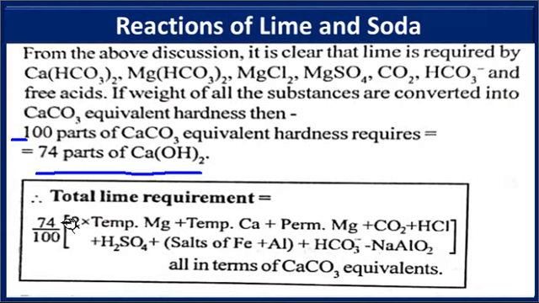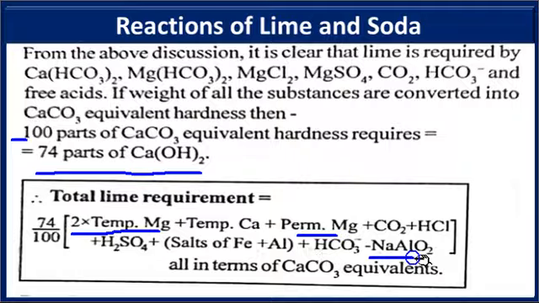In this way we can calculate the total lime requirement for the softening of this water sample. So 74 by 100, bracket, 2 into temporary magnesium hardness. Why 2 into temporary magnesium hardness? Because we saw in the chemical reactions that 2 moles of magnesium bicarbonate require 2 moles of lime. That is why 2 multiplied by the temporary magnesium hardness, plus temporary calcium hardness, that is calcium bicarbonate, plus permanent magnesium hardness, that is magnesium chloride, magnesium sulfate, carbon dioxide, HCl, H2SO4, iron and aluminium salts, bicarbonate,